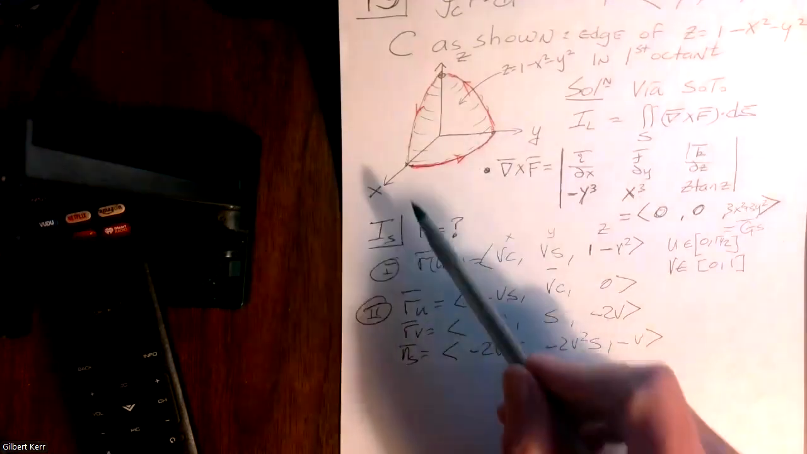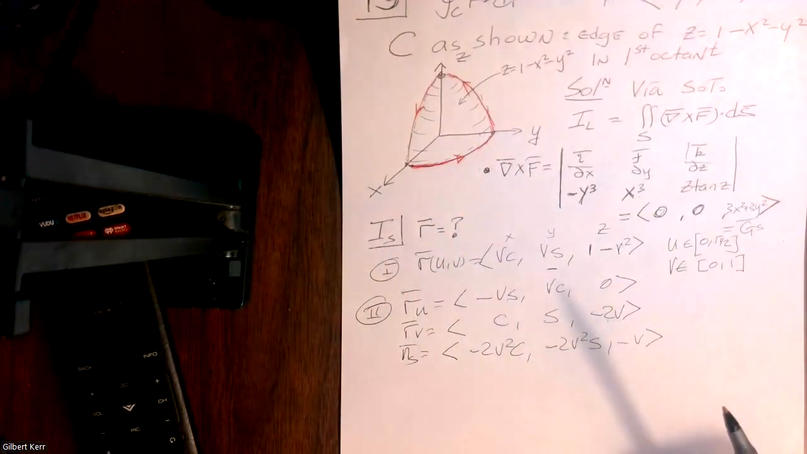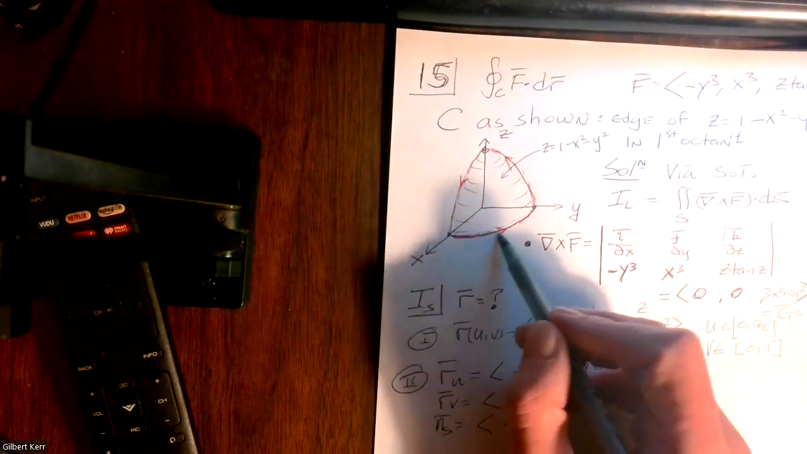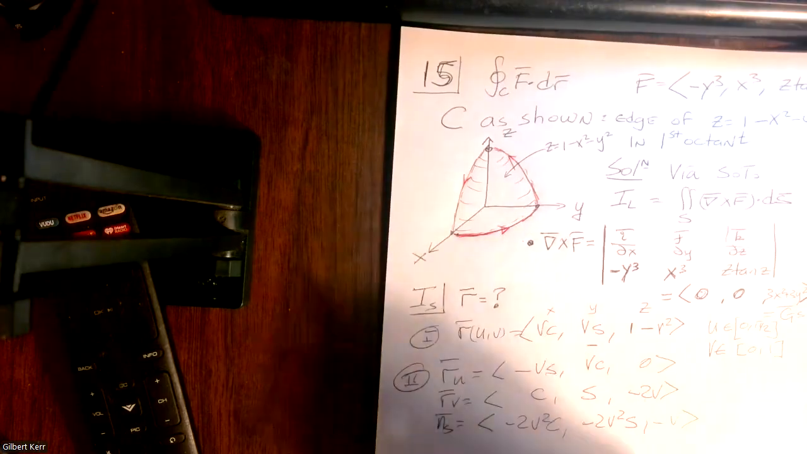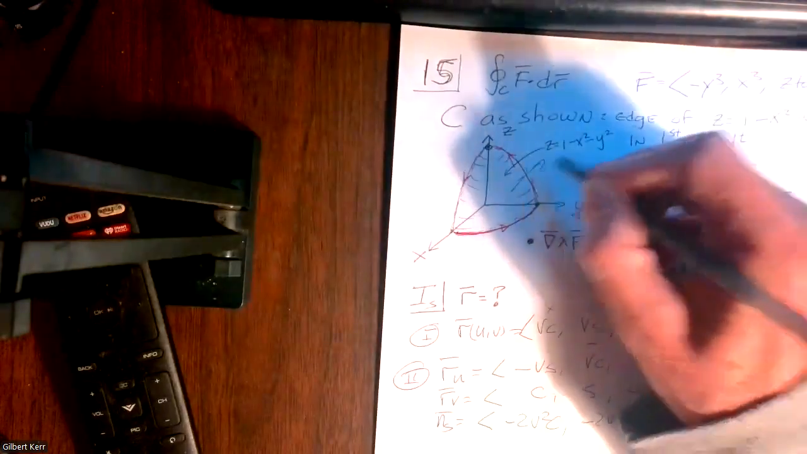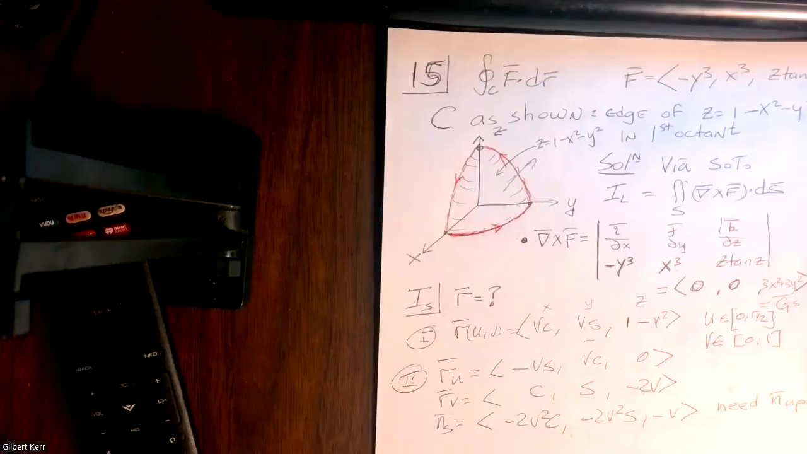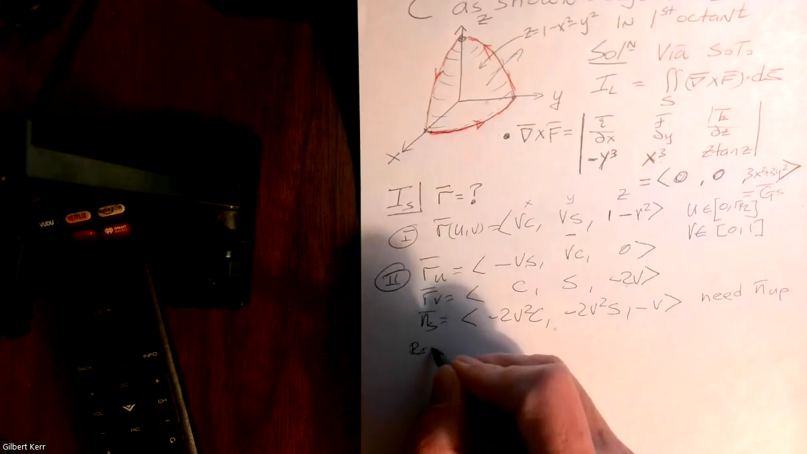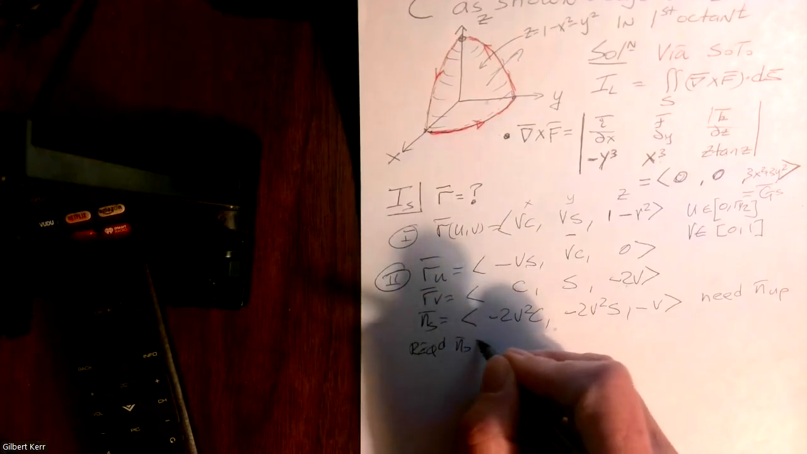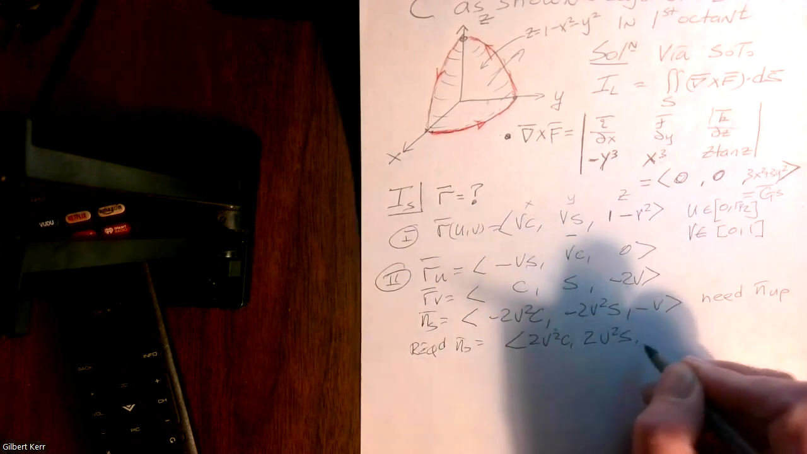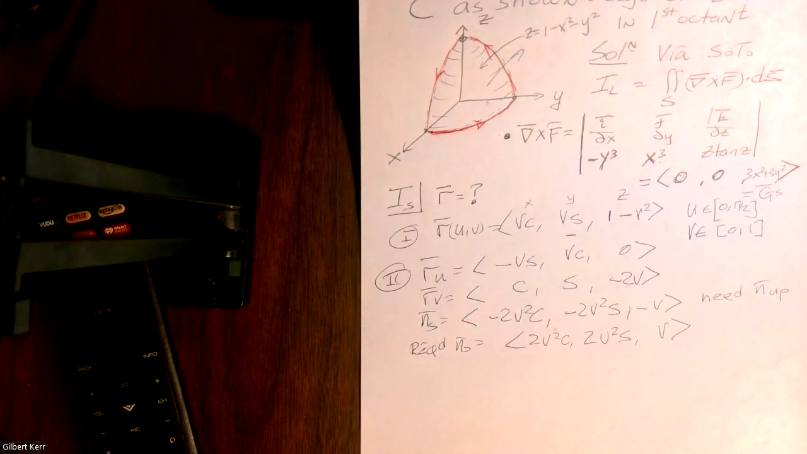However, because of the orientation of this curve, the normal needs to be to our left. So the one I find easiest to focus on is going from here. So the normal must be where my left hand is. So we actually need the upward normal. So we reflect it by multiplying it by -1. So a required normal is 2v squared cosine, 2v squared sine, and then positive v,